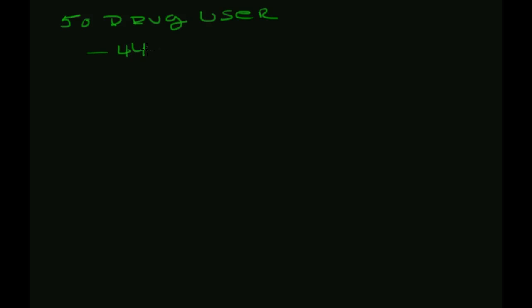44 of them got a positive result, which tells us that the test correctly picked up that they are using drugs. 6 of them got a negative test result, so that's a false negative, saying, hey, you were using drugs, but we didn't catch that on the test. Okay. So let's say we're going to sample 2 subjects, and if I do it without replacement,